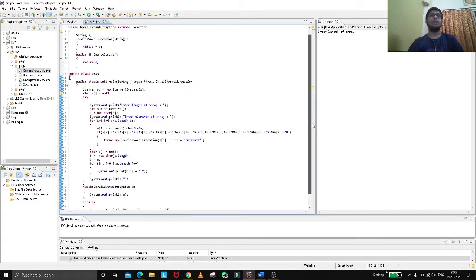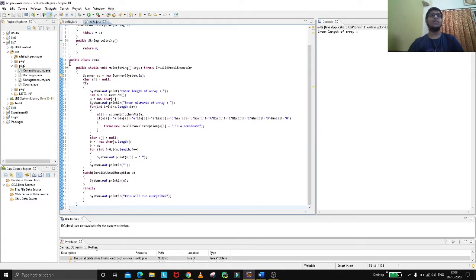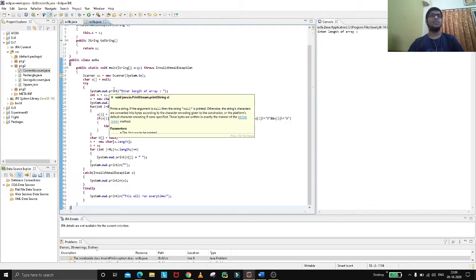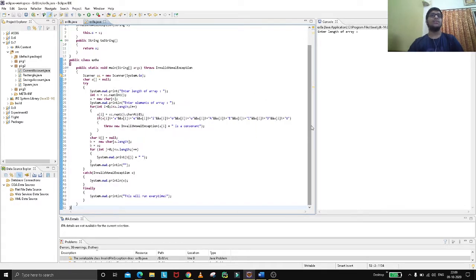Now I've created a main function in which I declare a char array which is null, and a try block. First I'm getting the length of the array and giving the size of the array.